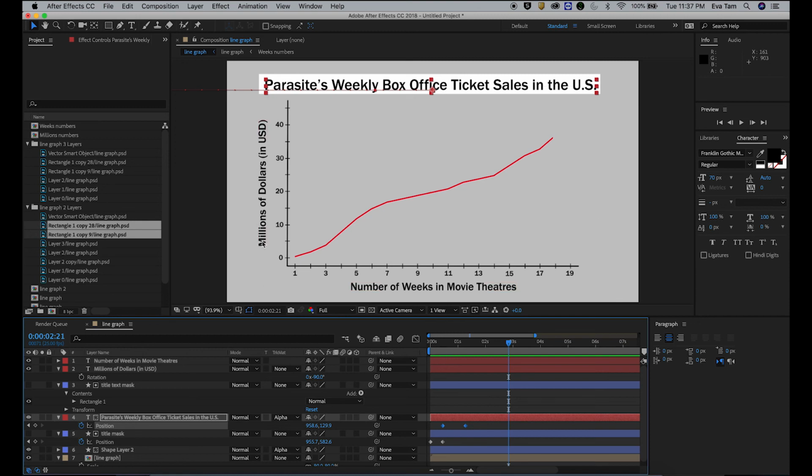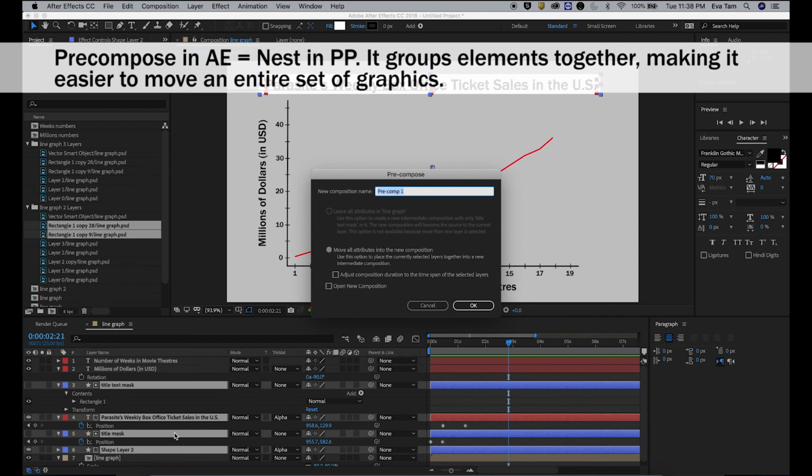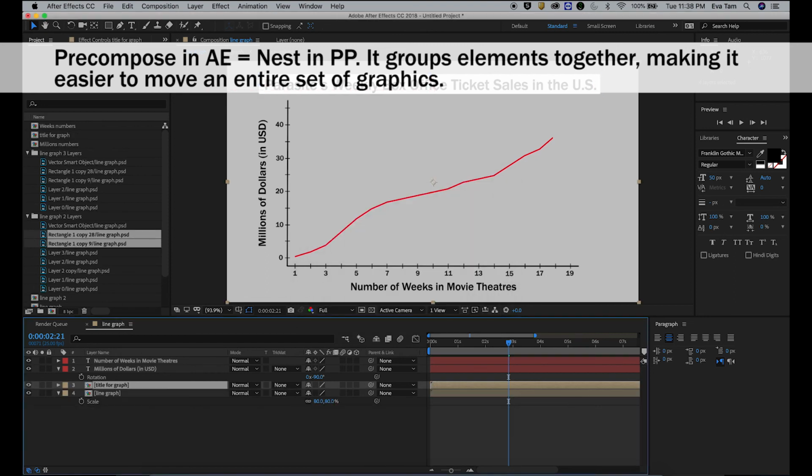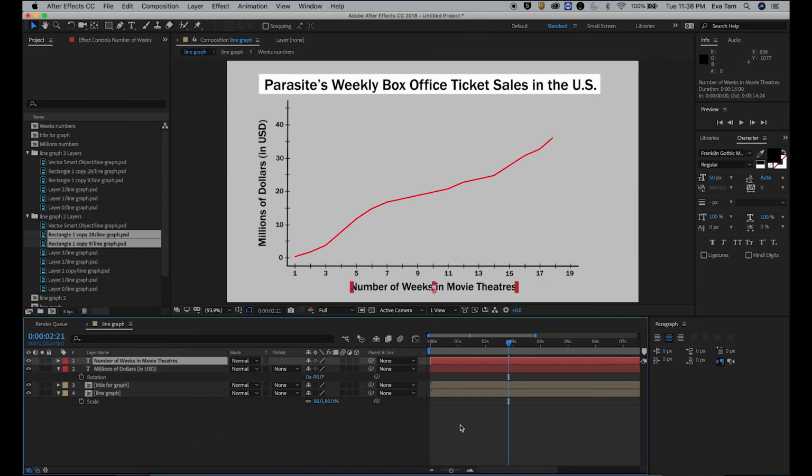And then you can do this for these two as well, so I'm gonna keep doing it. So again, masking, so here's my title now. So these four, I'm going to pre-comp as my title for graph. Okay. Now it's down to these two.